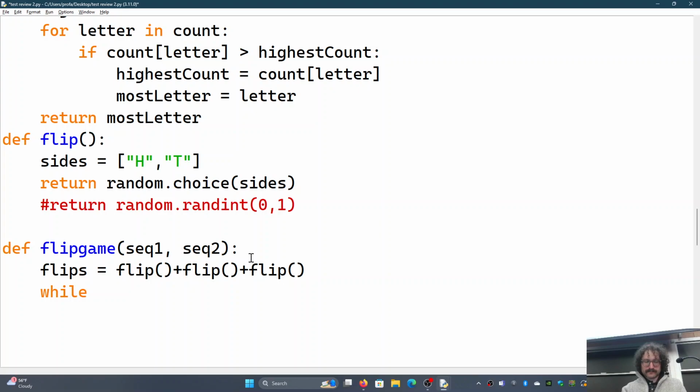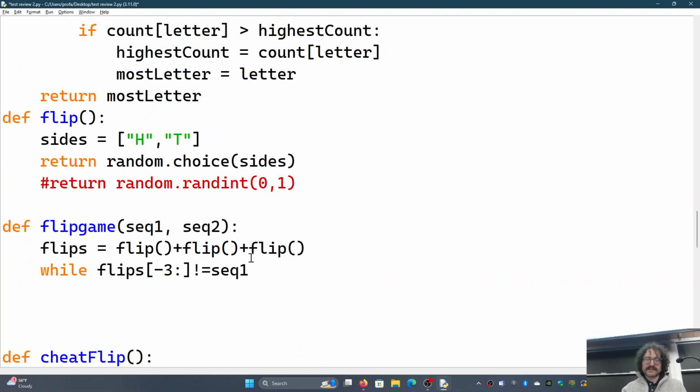While the last 3 flips, so from -3 to the end, are not equal to the first sequence, and the last 3 flips are not equal to the second sequence, right? So while there isn't a winner, in other words,